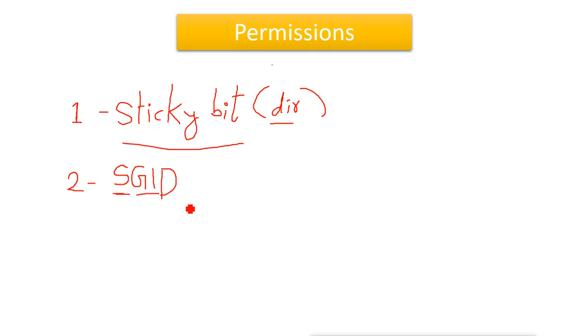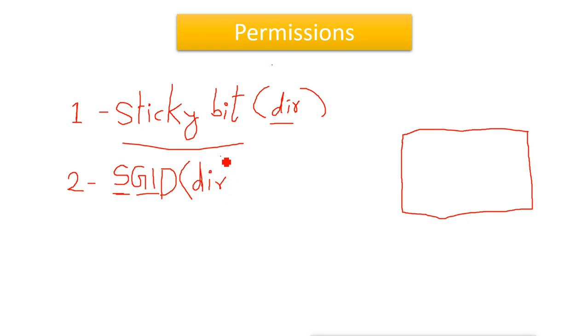Now what does that mean? Group ID means what? If suppose we have, and also this is useful for the directory, it is not useful for files. We can enable it, we can run the command and it will run successfully, but it is not useful. This is useful only for directories. So for example, we have this directory here and the directory owner is the root user and the group owner for this directory is, I will say, sales.